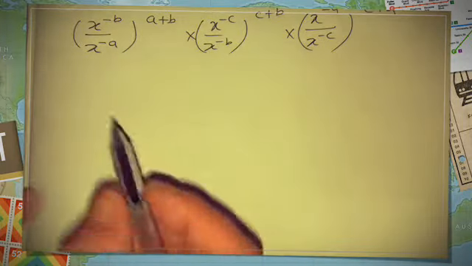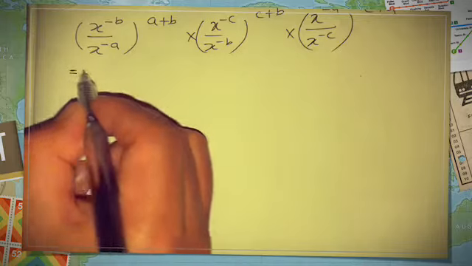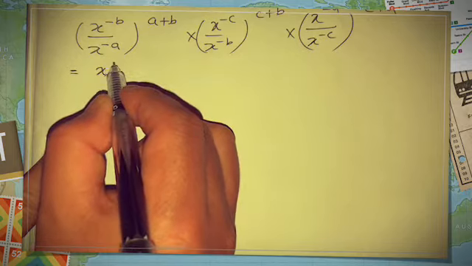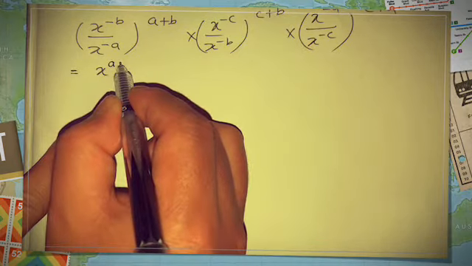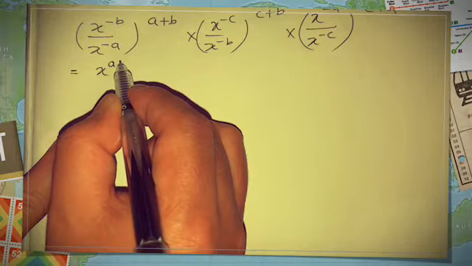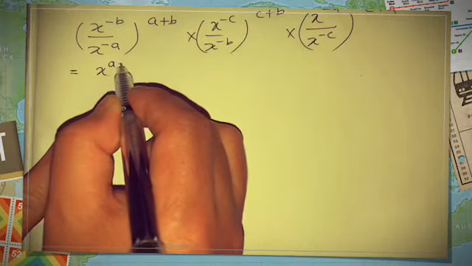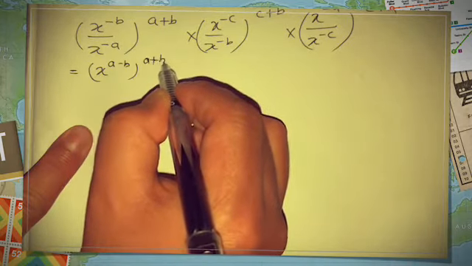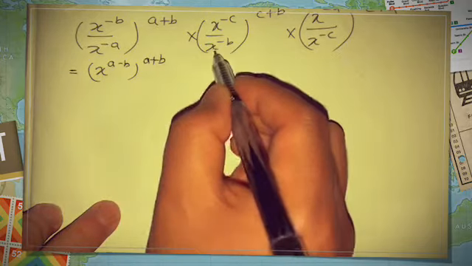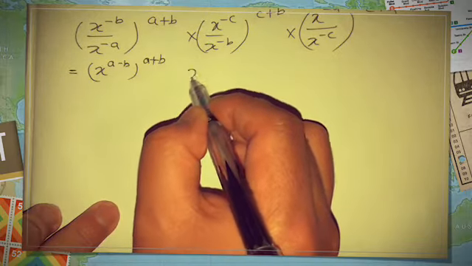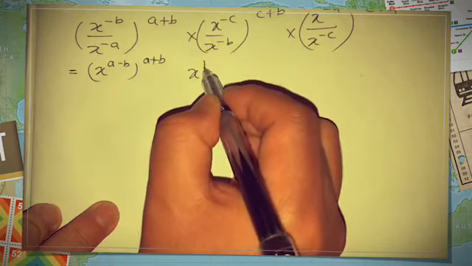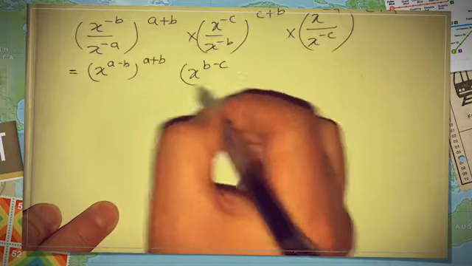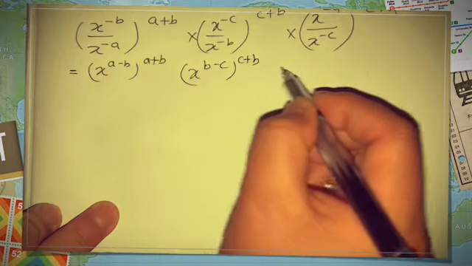Now let's see what happens here. This minus a goes up being plus, as we have just done in the demonstrations. Now it becomes a minus b, and a plus b we have as it is, and we apply the same rule. Okay, so this minus b goes up and it becomes plus b, and minus c we already have, so c plus b. And in the same way,